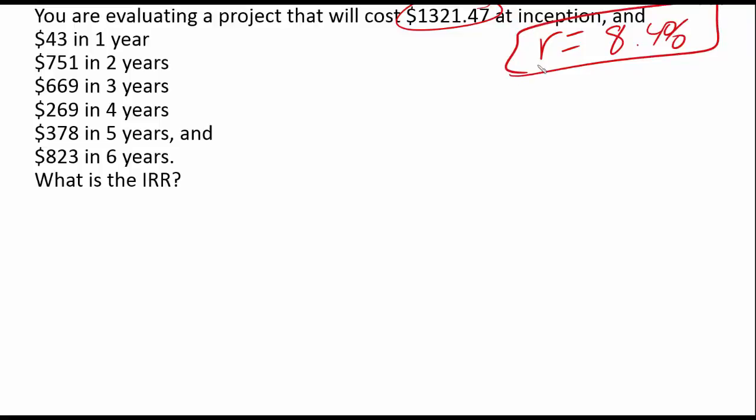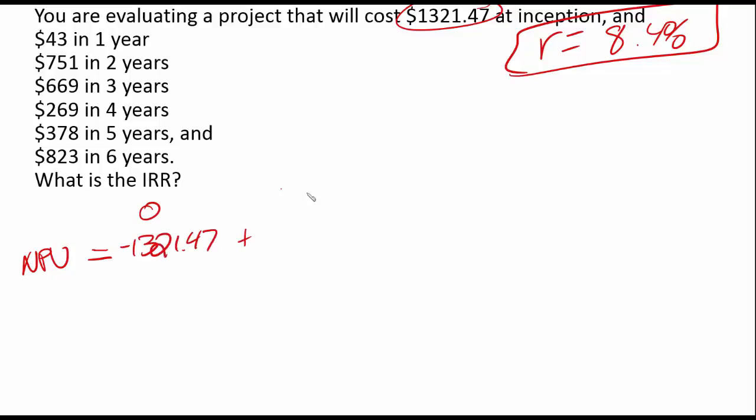Okay, so we're now going to figure this out. Looking at this right off the bat, we don't know if this is something we should actually be doing or not, right? So we have to do the math here and figure it all out. Now, we're setting this up in a very similar way to an NPV, which is basically we say that the net present value is equal to the amount of our cash flows at zero, right? Which is negative